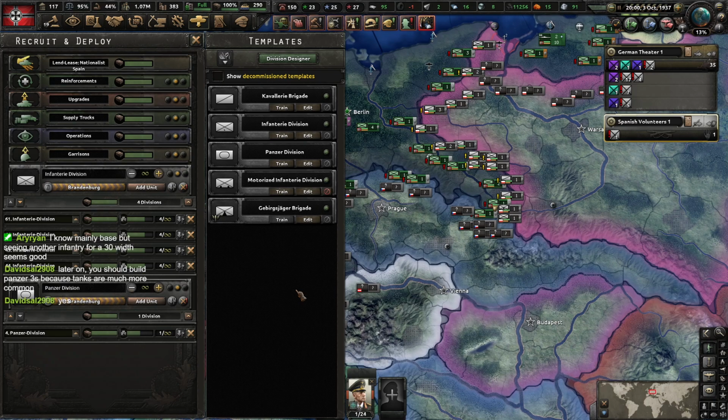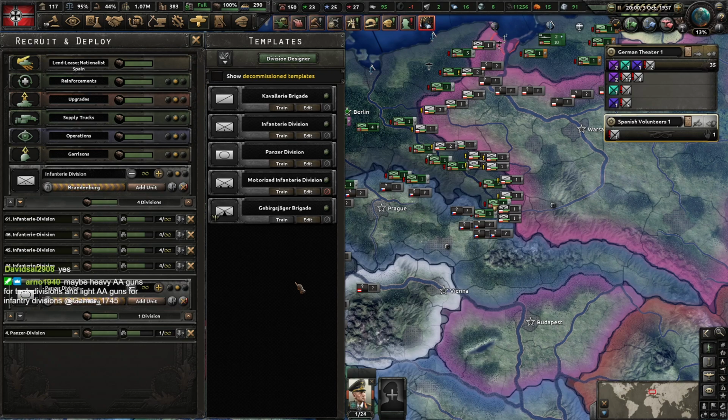Okay. Okay. Don't build the Panzer IIIs early. Later on, you should build Panzer IIIs because tanks are much more common. Yes. You use both. Okay, yeah. So I'm going to try to build both. I do know conceptually, I haven't looked at the stats here, that the Panzer IV should be a better infantry killing unit. But okay, so